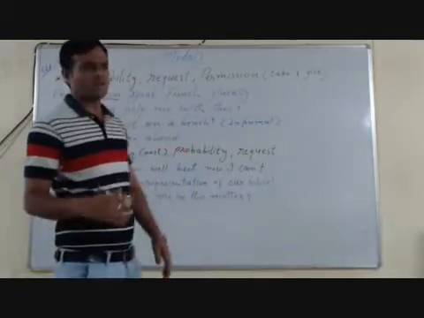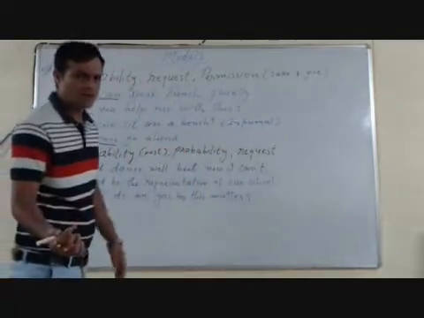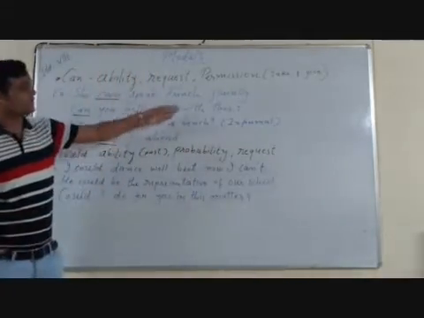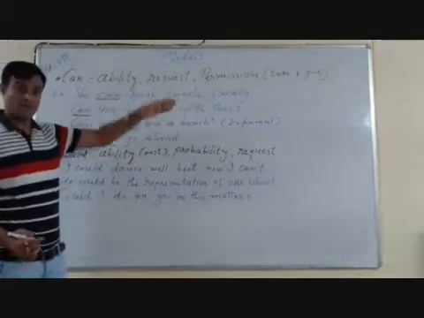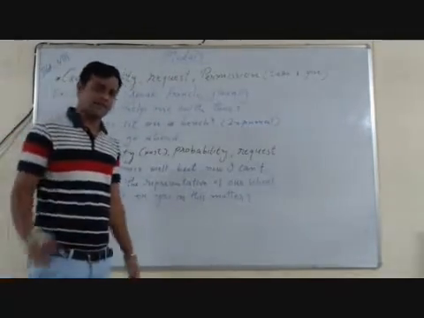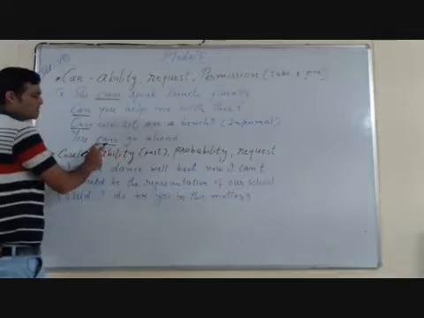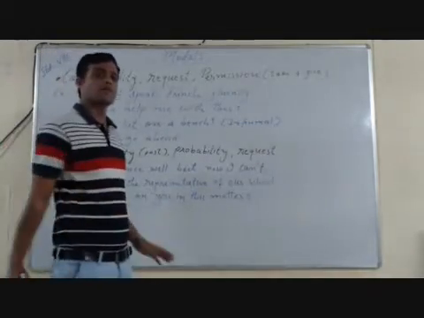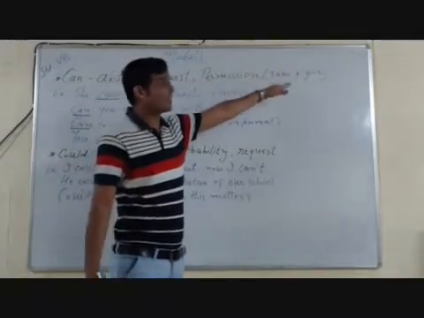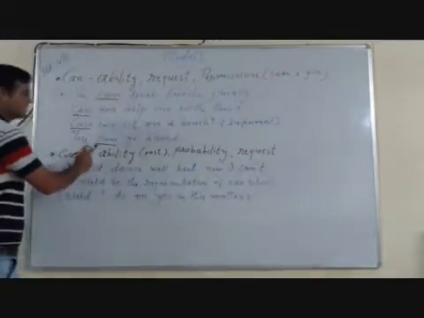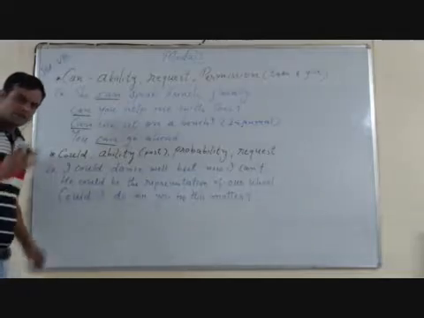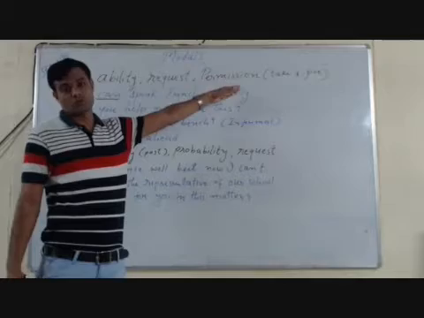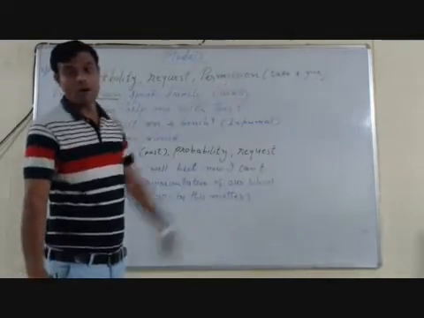Many times if anyone asks, can you do this work for me? Then we answer. So can you help me with this is for making a request. Whenever we are given permission, that time also we can use can. You can go ahead with this. So for giving permission also can is used. So remember the use of can to show ability, to make a request, to grant and to ask for permission.